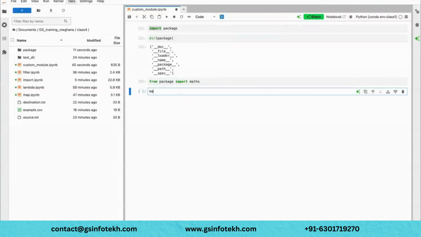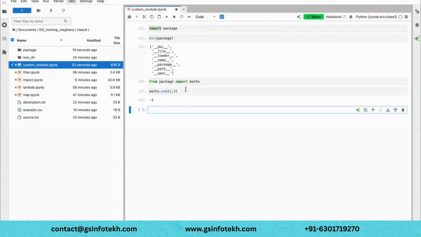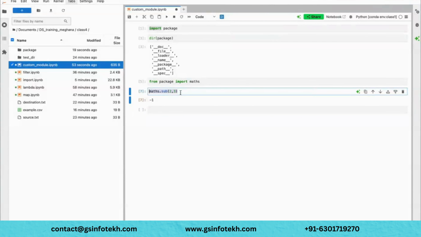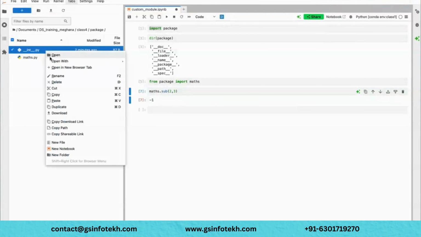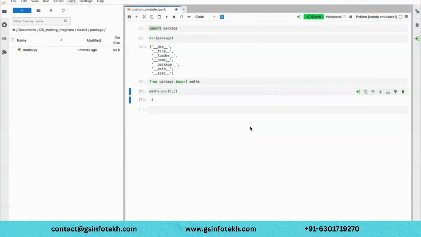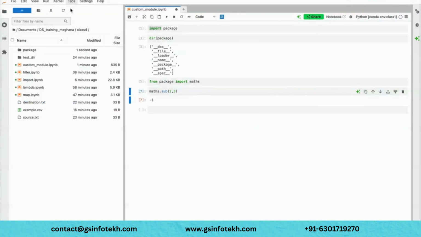Now let's say I want to call a function which is subtraction, which is sub here, with 2 comma 3. See, I'm able to get the return a minus b, which is 2 minus 3, minus 1. So this is happening because of the custom package. If I remove this init.py, it will definitely throw an error. See, now it is a normal folder. If I import,